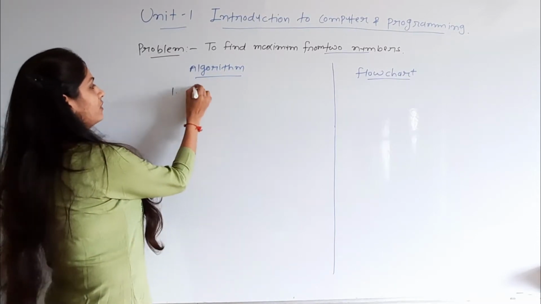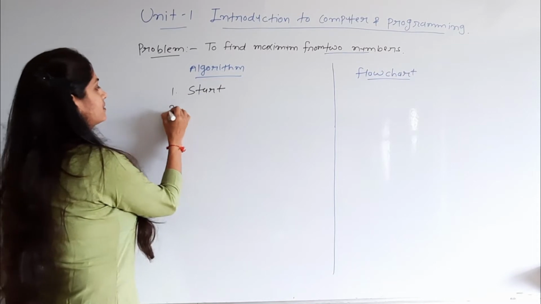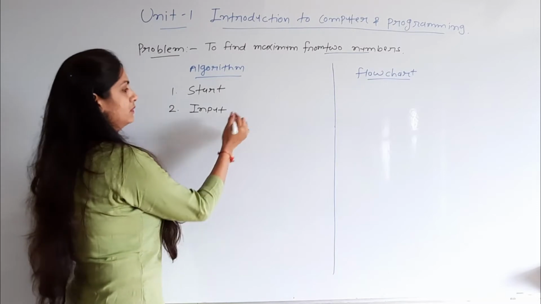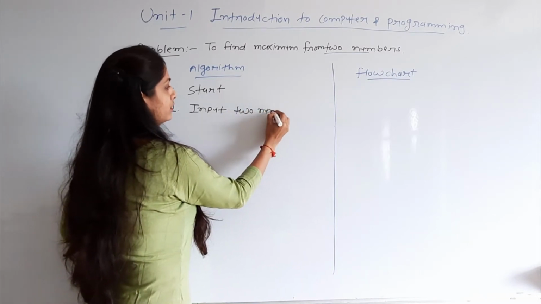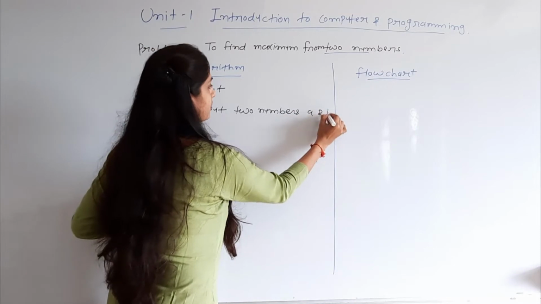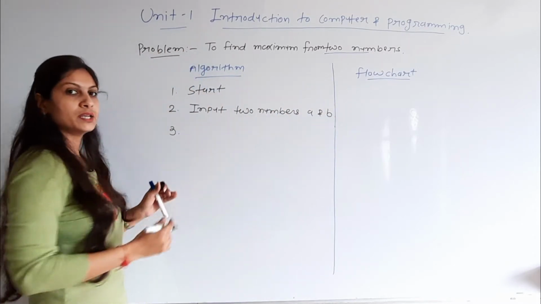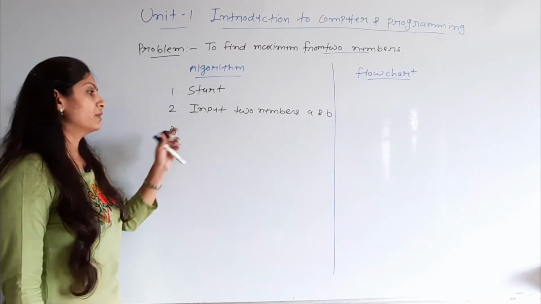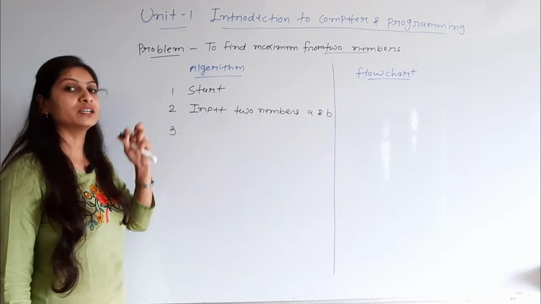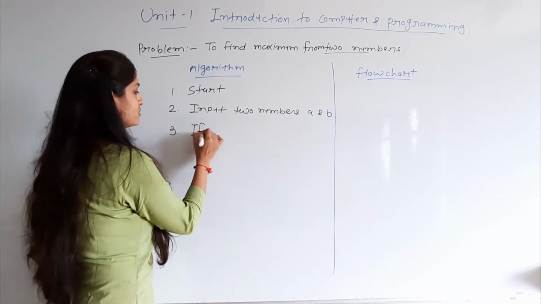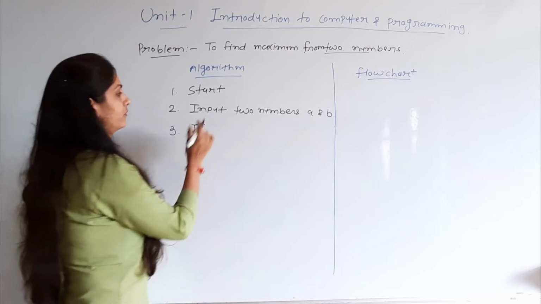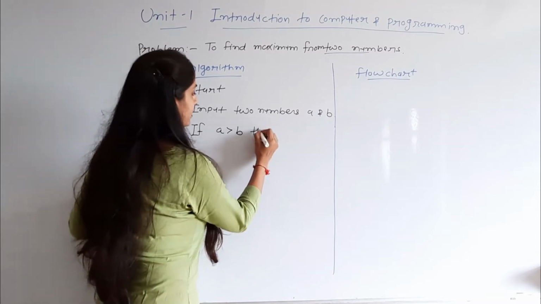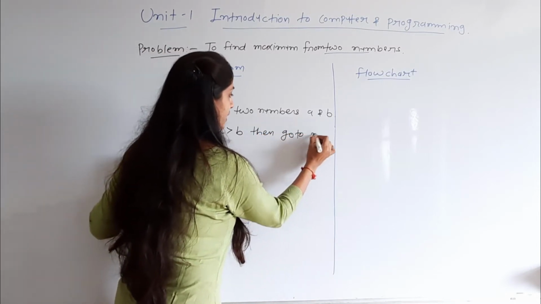First step, as you know, is start. Second step is input. How many numbers? Again two numbers. So input two numbers A and B. Now for the third step, in the previous simple method we wrote process, that is our formula, but now we have to change that to our condition, and for the condition we use an if statement. So which condition? If A greater than B, then go to the next step.